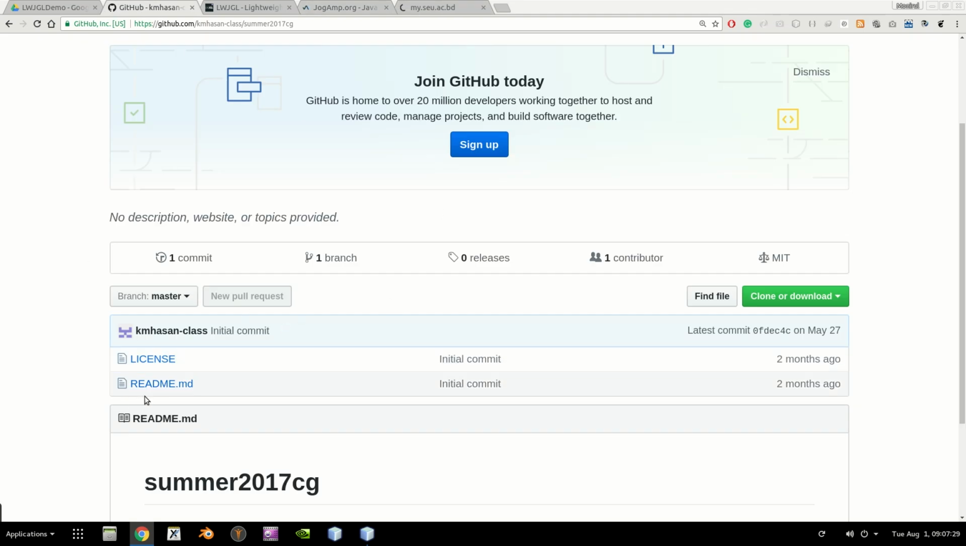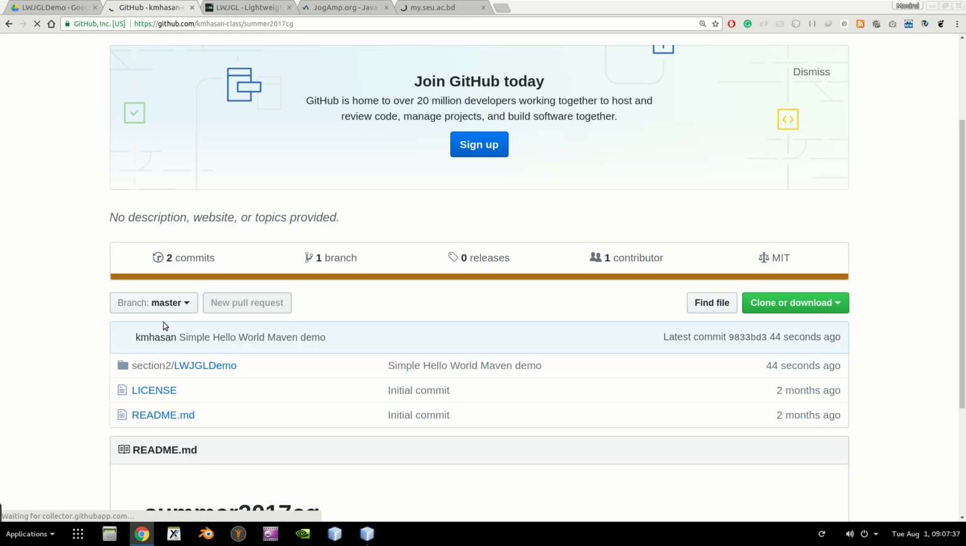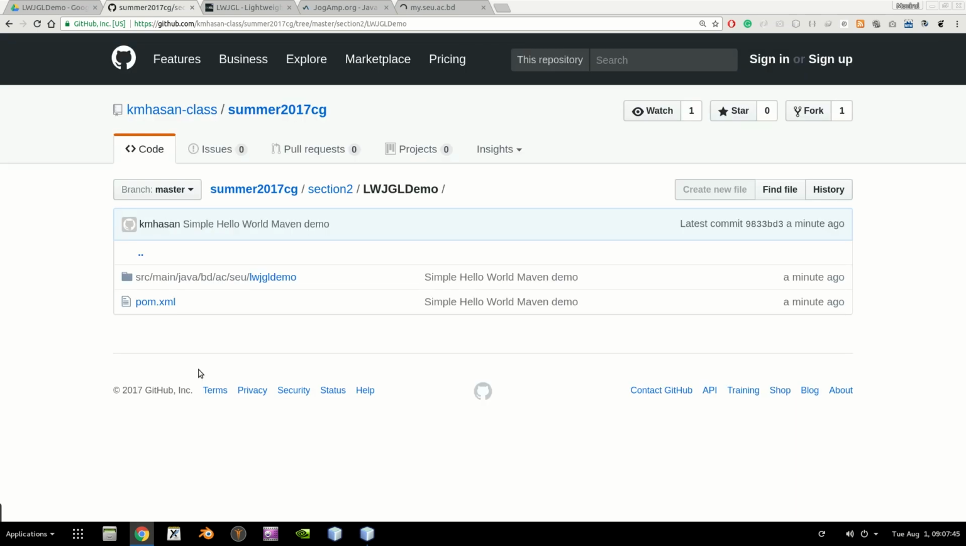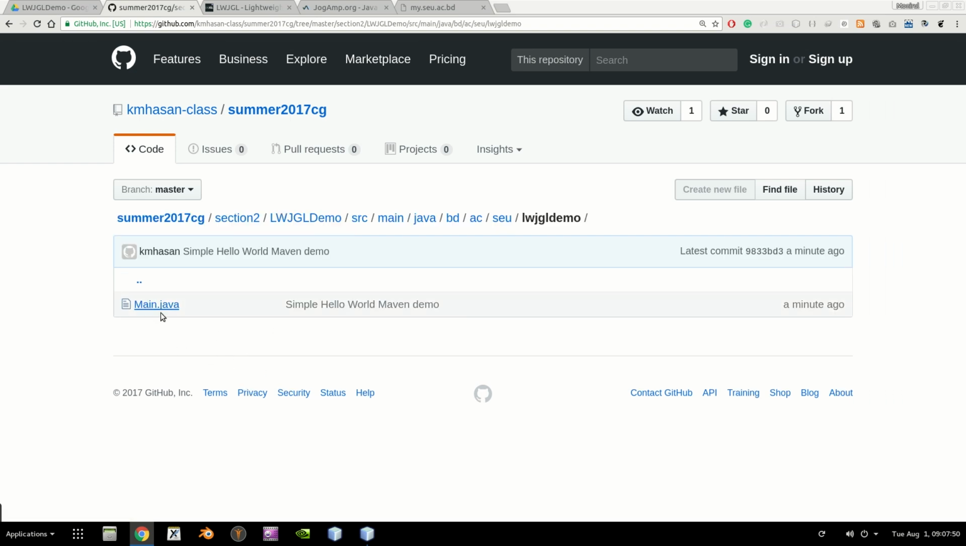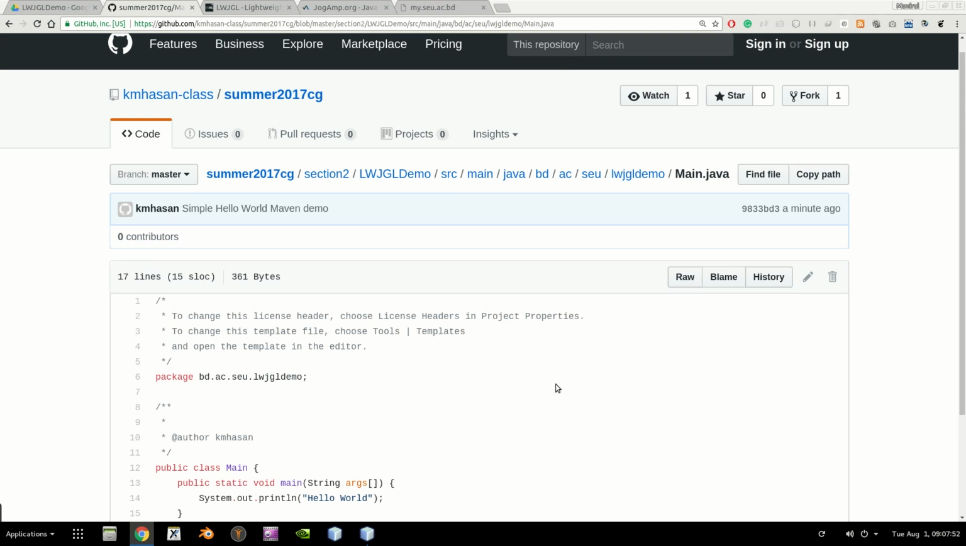So previously we had this license file and a README file. That's the only things we had over here. If I refresh this page now, you see that we have section 2, and under that we have a demo. So this is how we'll work in this section, or in this class rather, that any code that I write will be uploaded